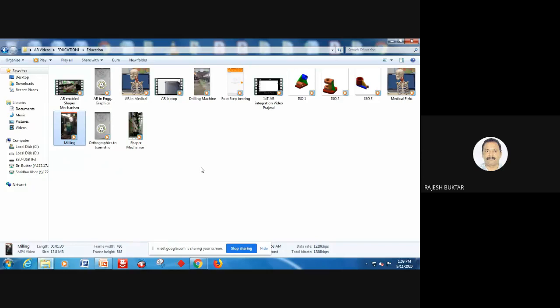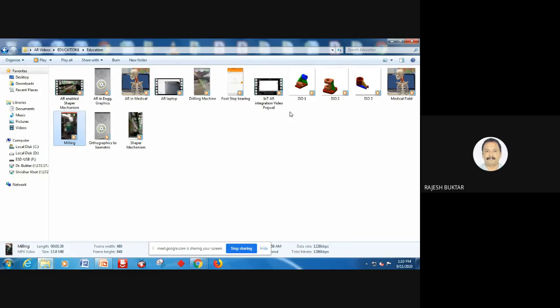Or you can take the students to the workshop and explain them on the machines. So the problem of internal mechanism can be solved making use of AR, or there is no need to bring that machine inside the classroom. So AR technology is there with you. You can scan and you can show the working of the AR model which is available in your workshop. So that is how we went on building different AR experiences for the students.